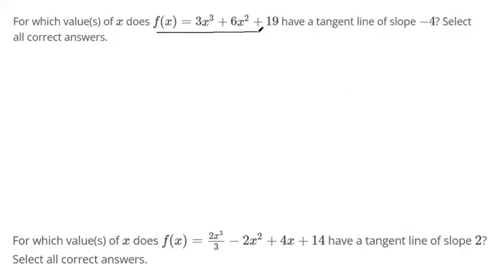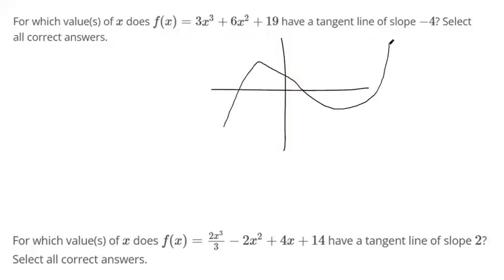So where does this function have a tangent line slope of -4? Here's just an imaginary possibility for the function. A slope of -4 for a tangent line would look something like this. Steep going down. That's not quite tangent though. That one looks to have a slope of -1. For the graph I made, I don't know if we ever have a slope of -4 because it's only negative